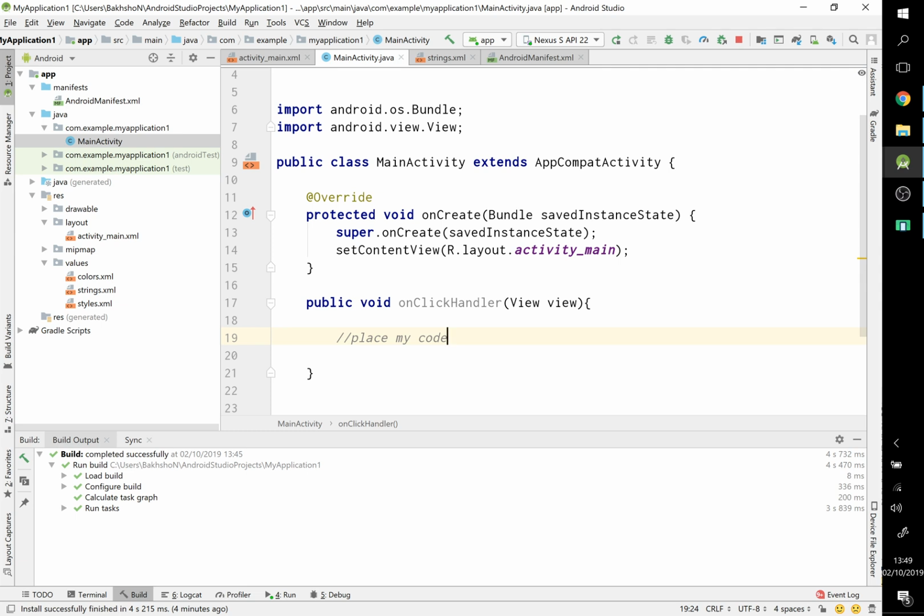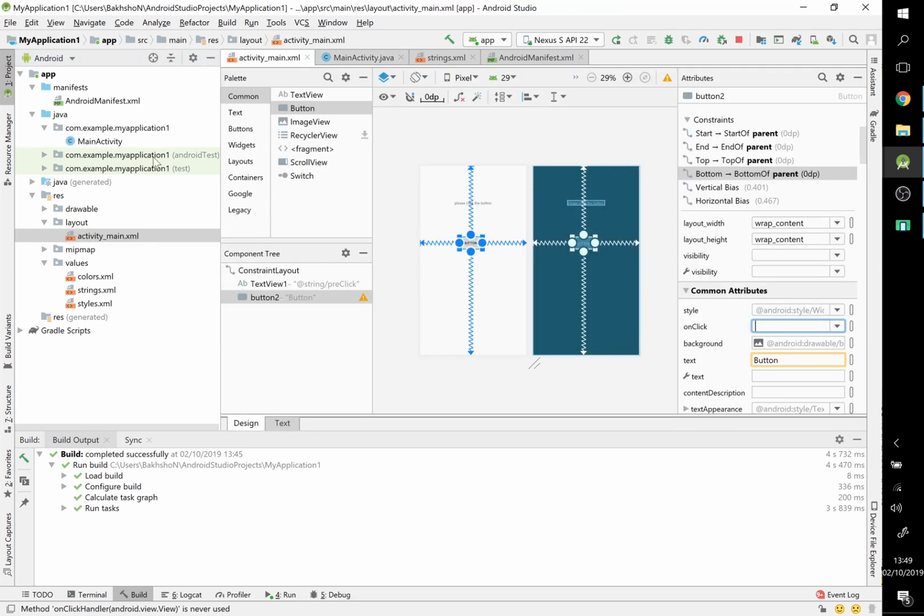Before I put any code in there, what I want to do is take that handler and wire it to the button. So I go back to my interface and look over here where I have on click. What I'm hoping will happen is when I click and look for code which will handle this click, suddenly it appears under main activity on click handler. Now what this tells you is that you can have multiple handlers depending on what you want your thing to do. It specifies the file main activity and the handler. So I'm going to select that,